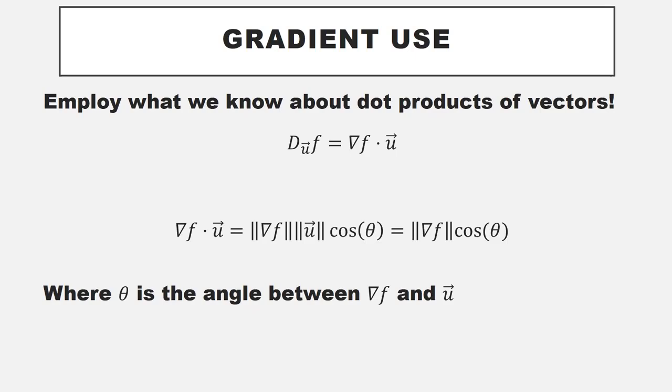If we use that formula, it's really not any less calculation than doing the dot product of the gradient with the unit vector. However, being able to see the gradient dot producted with a unit vector as our directional derivative of f in the direction of u